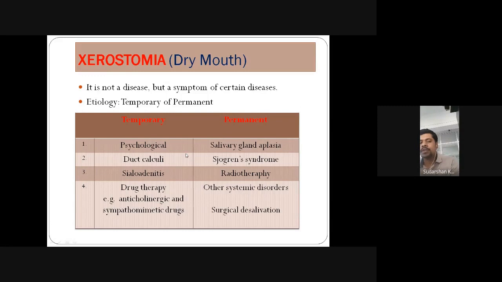Sialadenitis is inflammation or infection of the salivary glands. Whenever there is an infection of the salivary glands, the amount of saliva produced reduces, and again you will have xerostomia. And the fourth reason is drug therapy. Certain drugs, especially anticholinergic and sympathomimetic drugs, act on the salivary glands and reduce the flow of saliva. The amount of saliva produced is reduced, or saliva becomes thick in some cases, which leads to dry mouth and other problems. So these are some of the temporary problems that can lead to xerostomia, psychological